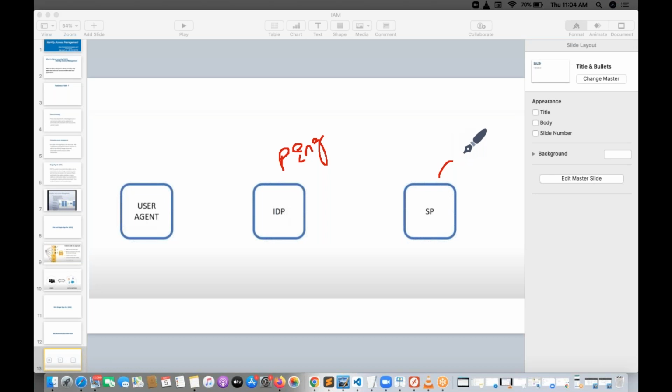Service provider is something like your sales CRM application, Salesforce CRM application, or SAP application. Some kind of application you have to access, or some web application, or some mobile application. All these different kinds of applications are nothing but service providers. And this is Ping, the identity provider. Identity provider is nothing but IDP. SP is nothing but